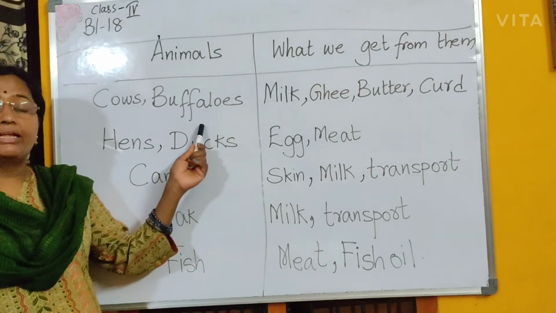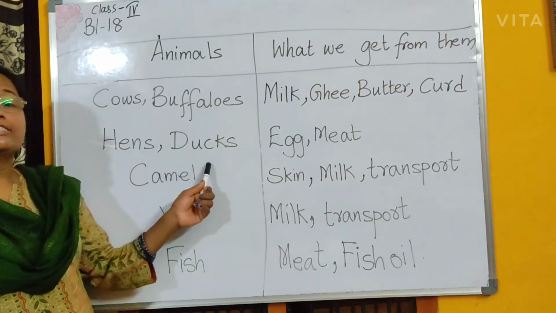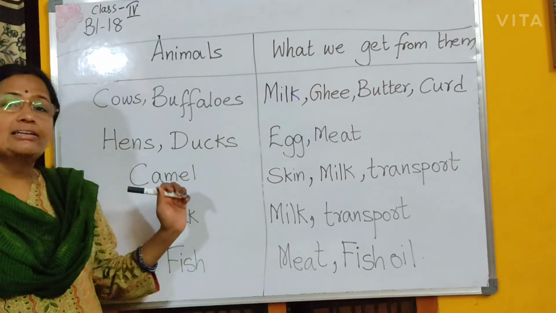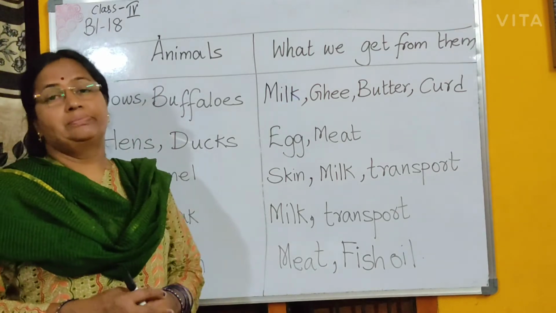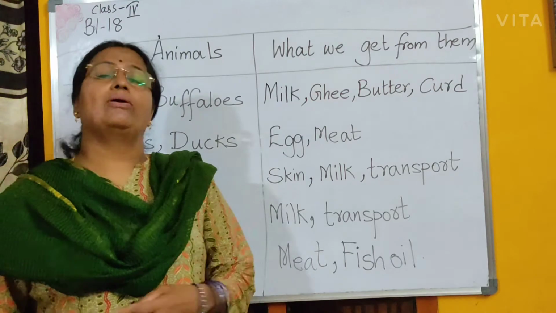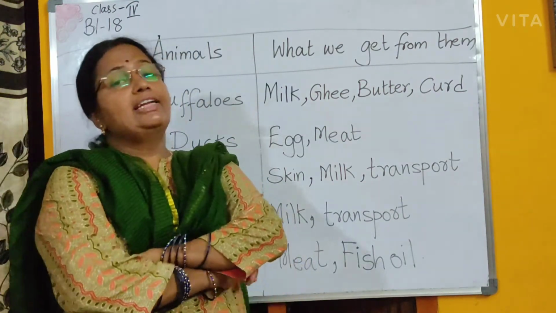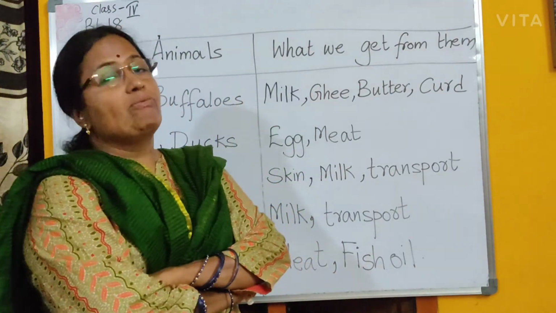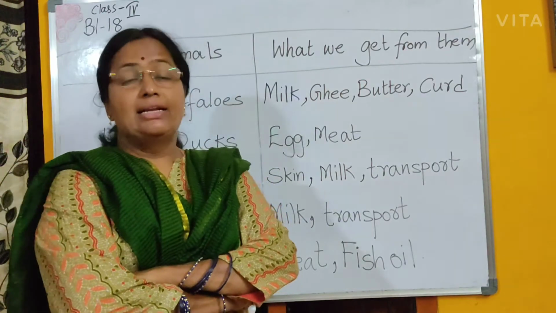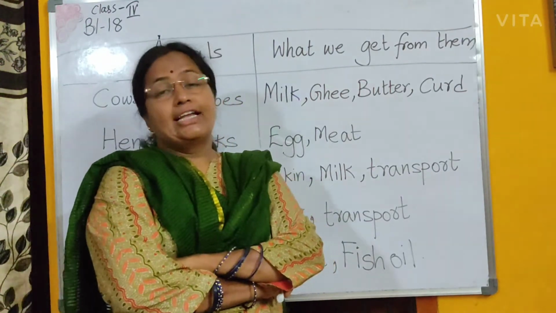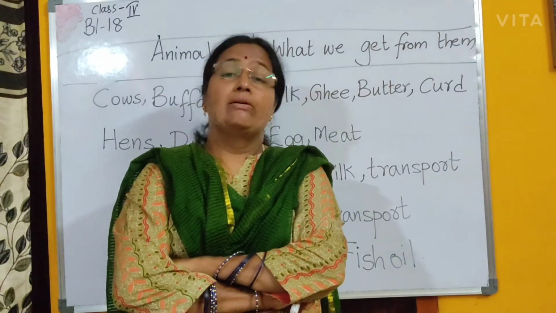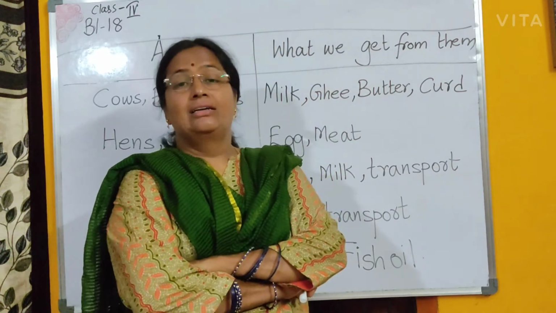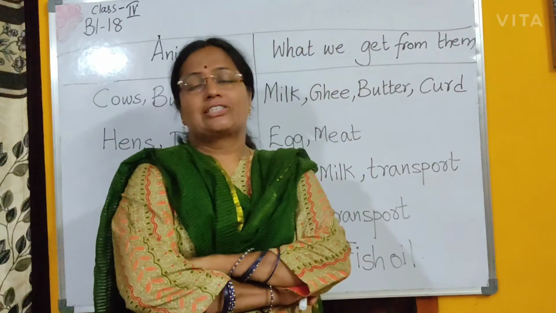Cows and buffaloes are kept in dairy farm. Hens and ducks are kept in poultry farm. Okay? And fish in fisheries. Right? So, let's move further. We discussed that cows and buffaloes are kept in dairy farm. People take care of these animals. They are given proper water, proper food to eat. Then they are milked. And this milk is taken to the market. People sell this milk in the market. From milk, many other products are made like ghee, curd, butter, cheese, paneer, all such kind of things.